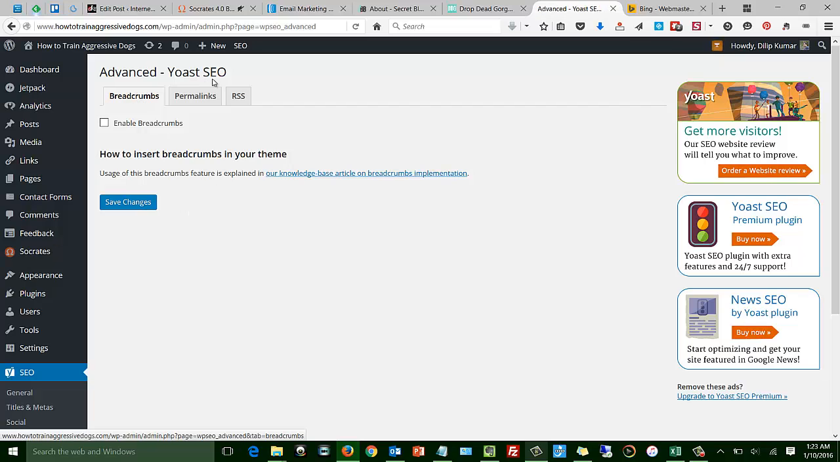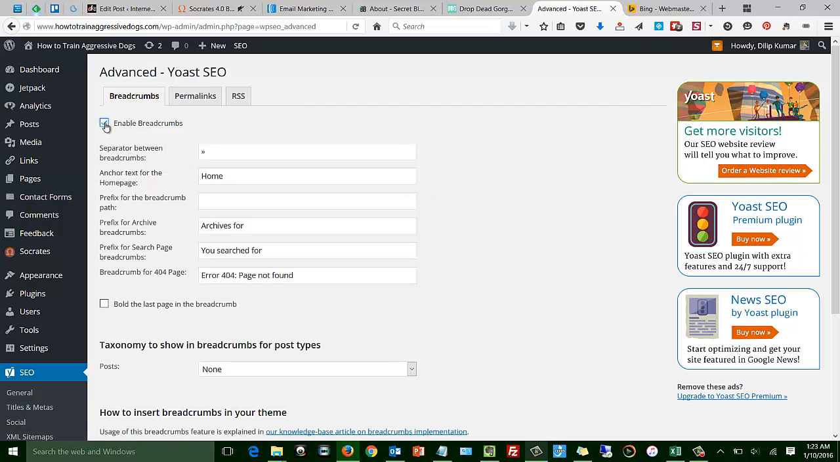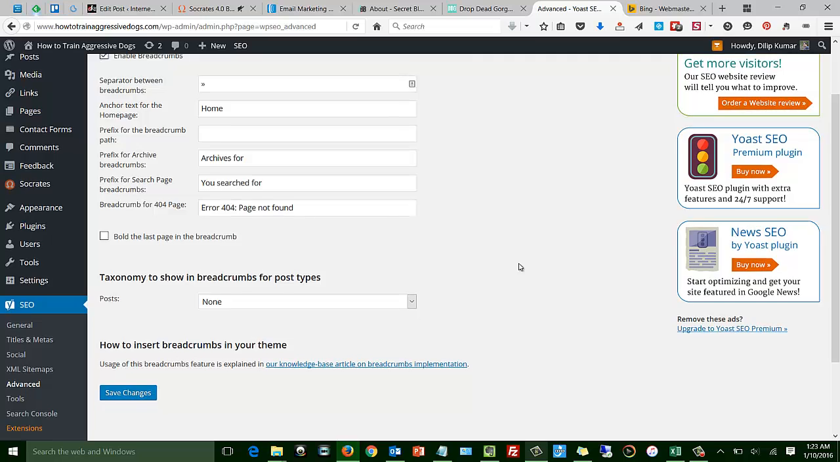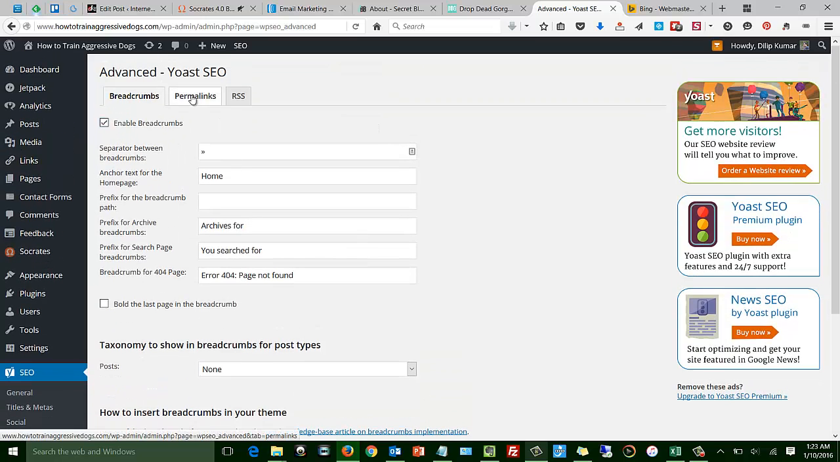which basically has these three options: enabling breadcrumbs, permalinks, and RSS. So you can check this box to enable breadcrumbs on your website, because this is again a good way of ensuring that your website follows the rules for search engine optimization, because it is good to enable breadcrumbs on your website. So you can do that. And if you go to permalinks,